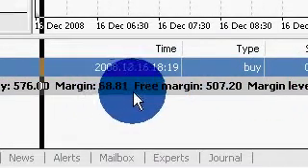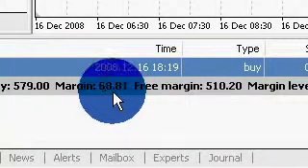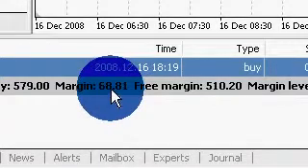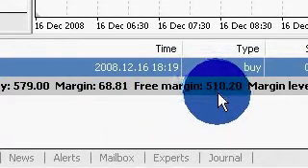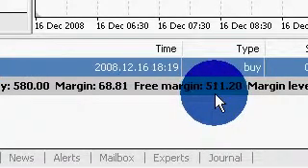Margin is 68.81. That means that one mini lot trade used up $68 of the account,